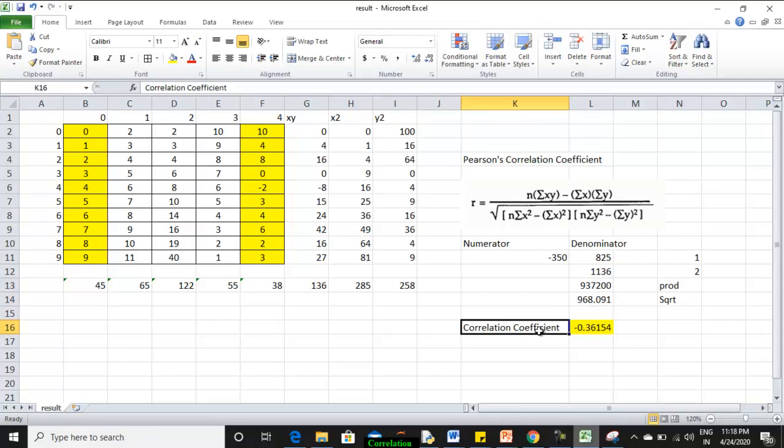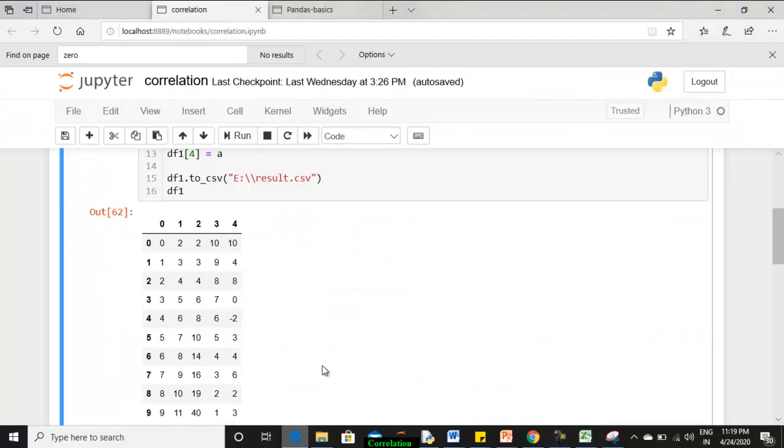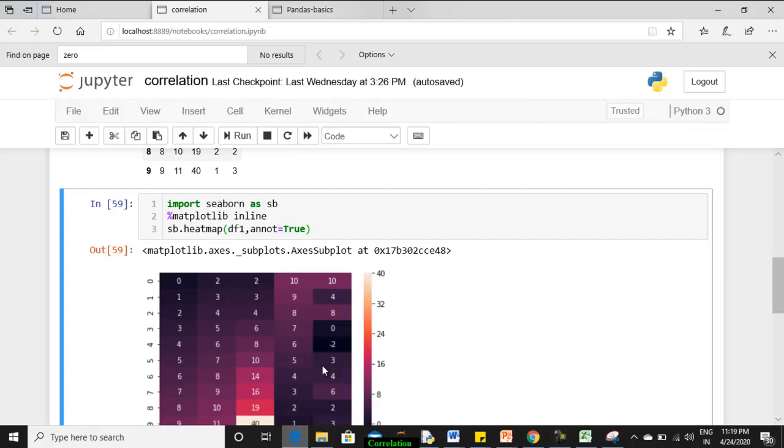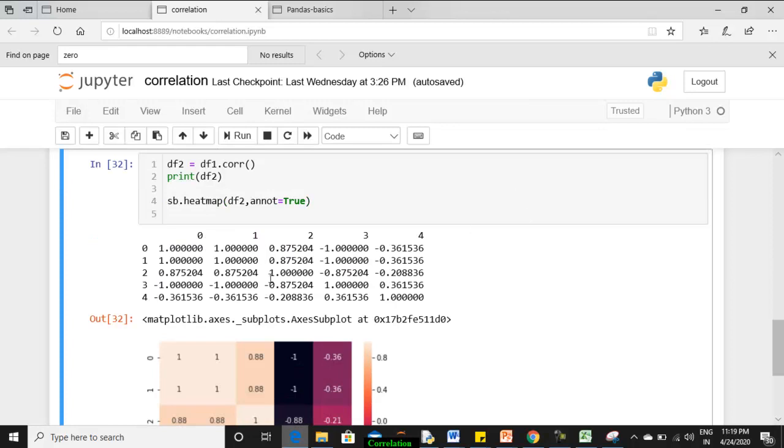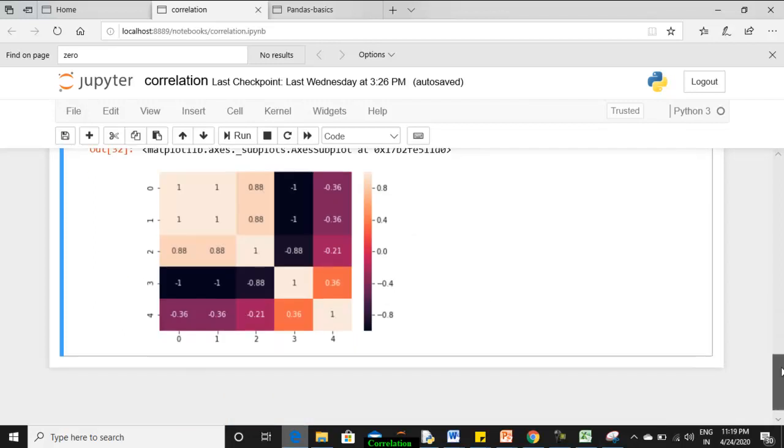And then when we apply this formula, that is numerator minus 350 divided by 968.091, it gives us a value of minus 0.36, which we go back and see is the correlation coefficient, you can see 0. So that's how the correlation values are being calculated.